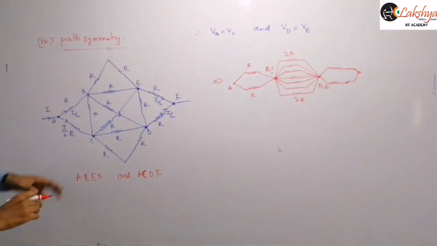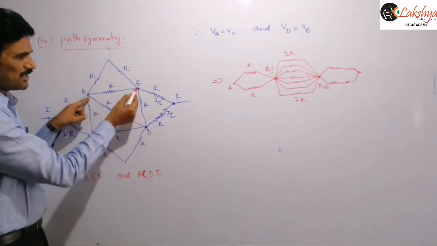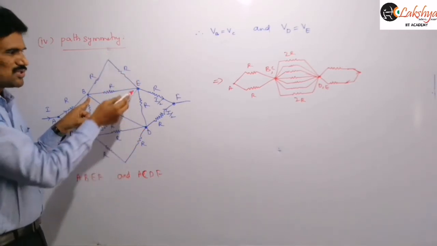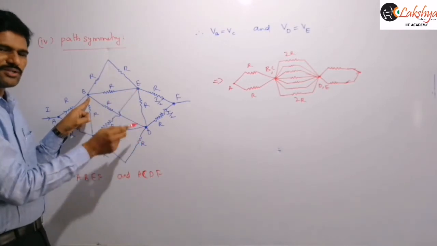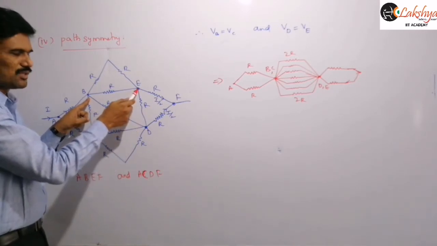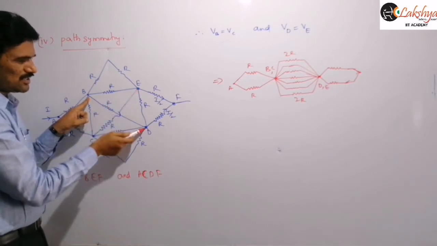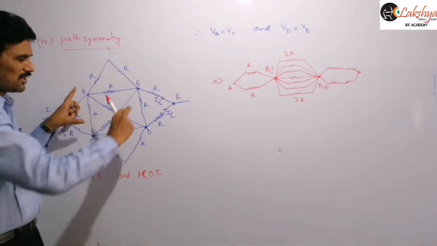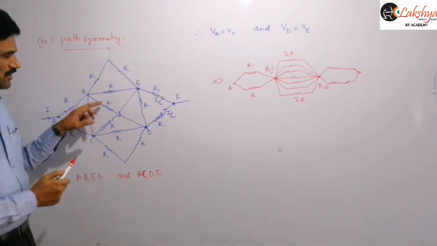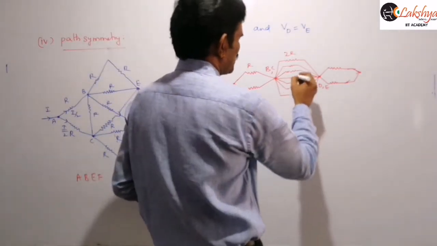And next, as these two points are combined here, I can remove this diagonal and connect here, right? We solved such problems previously when there is a conducting wire here. Because if a conducting wire is there, then D and E will be at the same potential. Even now we are saying that they are at the same potential. So I can remove this connection and connect here, and then these two will be in parallel. Similarly I can remove this connection from E and connect at the point E. Then you can easily say that these two are in parallel. Now we are combining all of them to the same point, so these 4 resistors will be in parallel, right? These are the 4 resistors here.